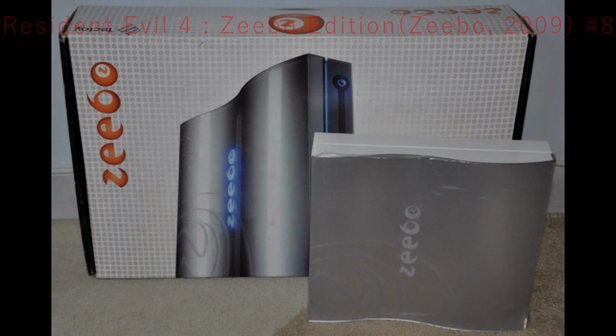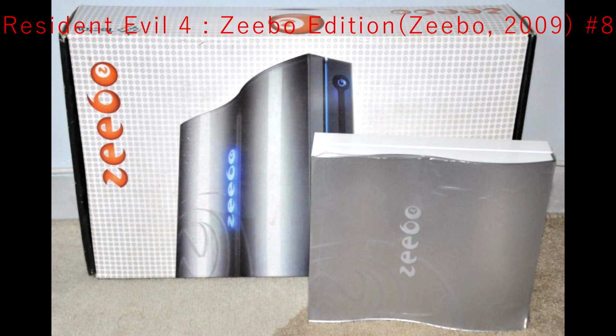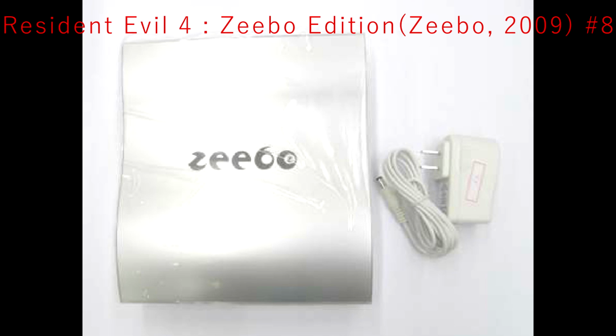Oh boy, Resident Evil 4, Zeebo Edition, alright. The Zeebo is a Brazilian 3G enabled console with wireless capabilities. It had 160 megabytes of RAM and only weighed about 3 pounds, having an AC adapter that looked smaller than a phone charger. So you might ask, how might Resident Evil 4 look on Zeebo? Well,